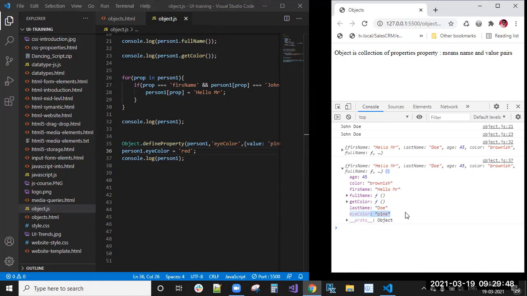This is about the Object class, guys. The important class: all the properties, how you are accessing the properties, how you are creating new properties, how we are assigning values to the properties, how you are deleting the properties, how we are comparing the property names and values, and how we are looping each and every property and each and every property value. So these are the important concepts. Okay.